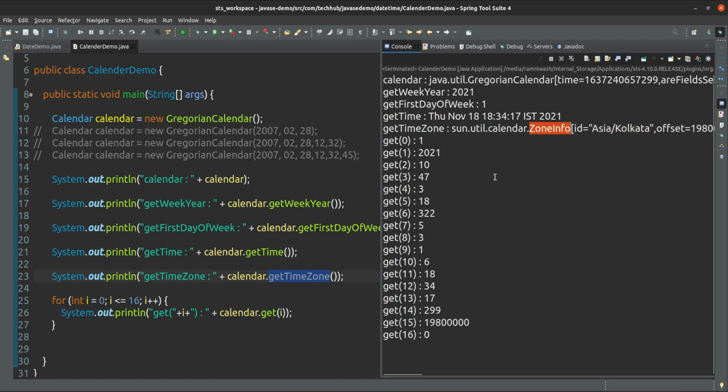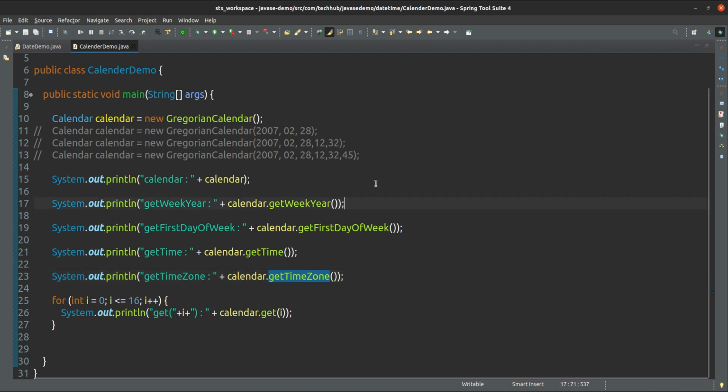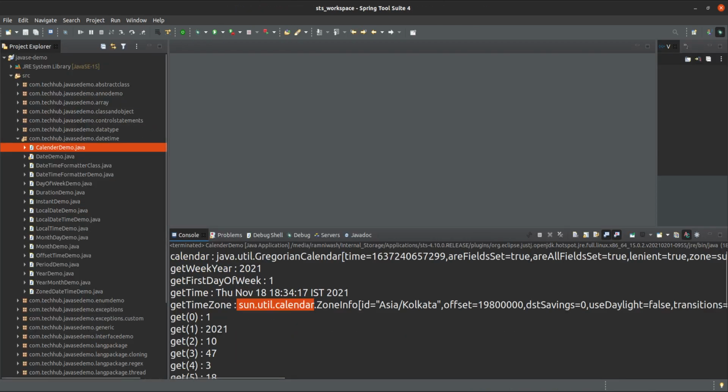Zone ID, okay, zone info. So that is very old, that is coming from sun.util.calendar also. So that also is not recommended, but if you wanted to use it, you can use it, no issue. And here these are the different flavors of a constructor. You can create a calendar. This is representing your current system calendar, but this will represent this date of calendar, this date with the time. Okay, so this is all about the date and calendar.